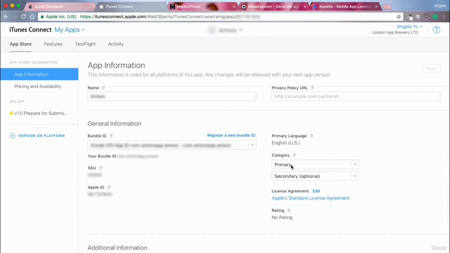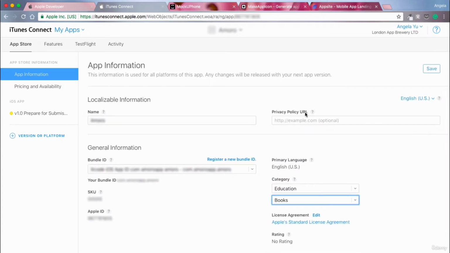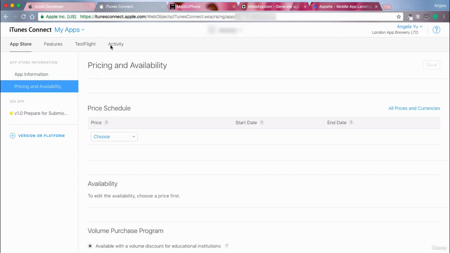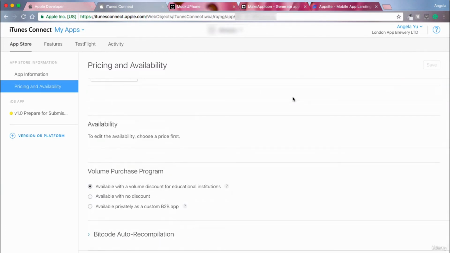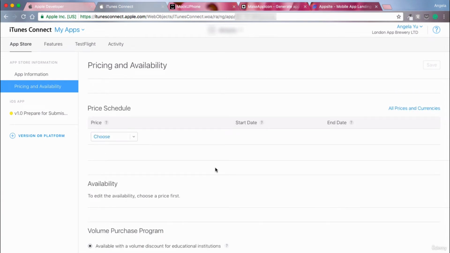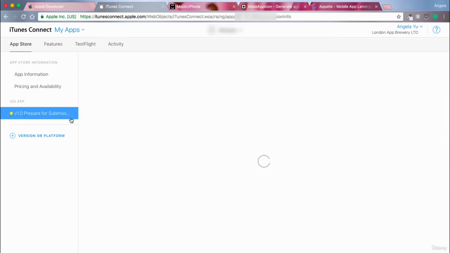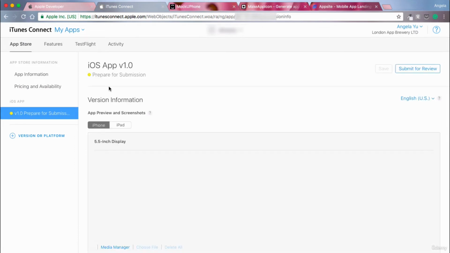And here you can change the category in which to put your app. You can update a privacy policy URL. You can change the bundle ID. You can set the pricing, so how much you want to charge for the app, whether you want to set any sales periods, whether there's a volume discount, etc. But the most important part is here. This is the part where you submit most of the